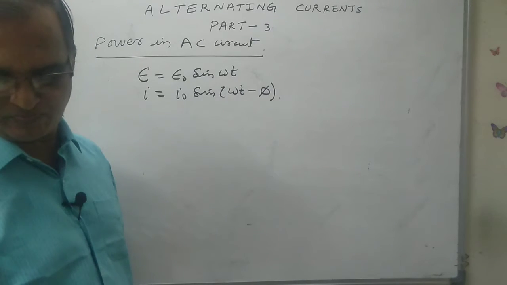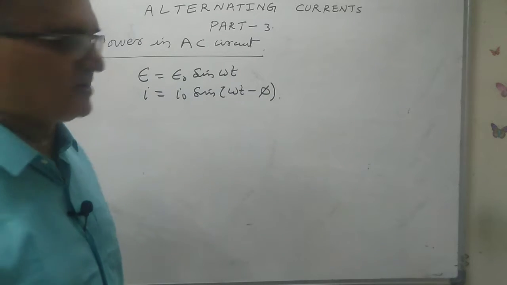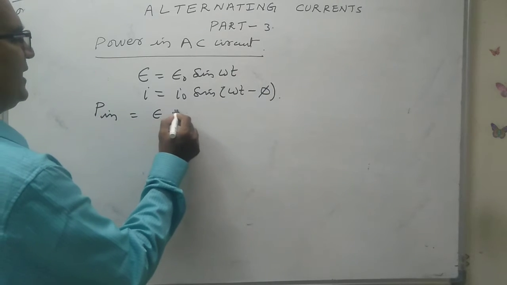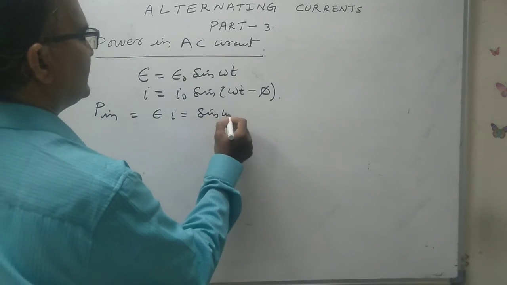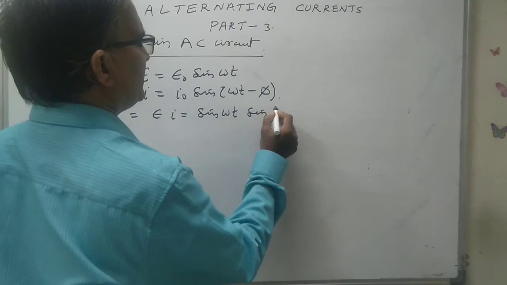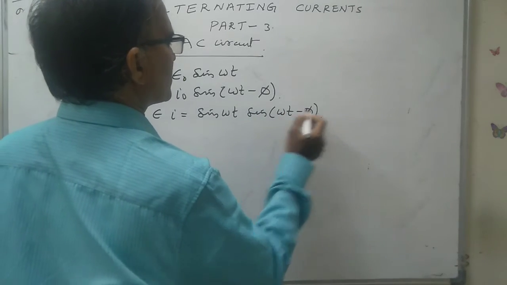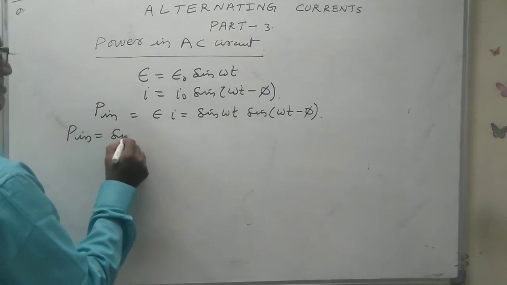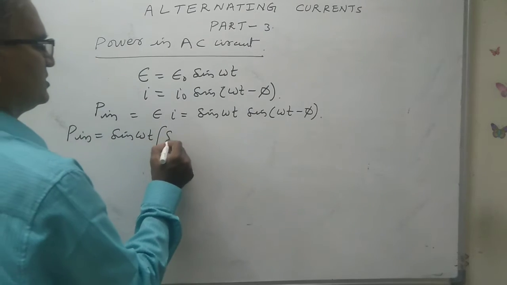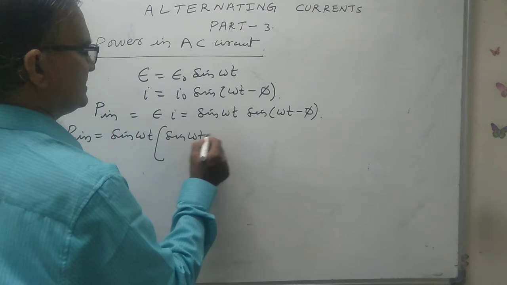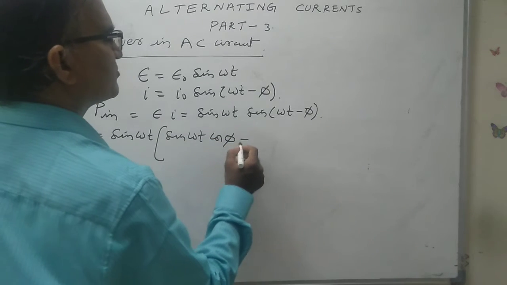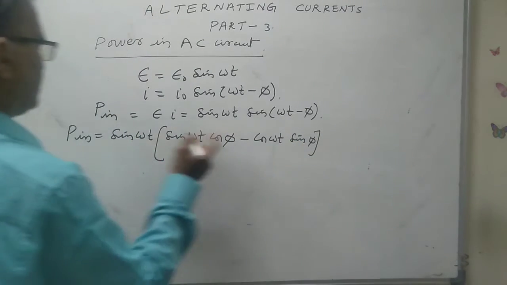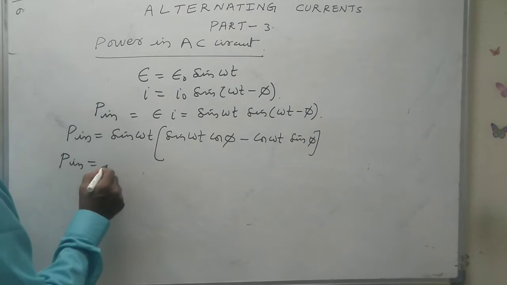Now instantaneous power is equal to E into I. We will multiply these: sin omega t into sin (omega t minus phi). This is in the form of sin of A minus B, so we will expand it: sin omega t cos phi minus cos omega t sin phi. Multiplying with this, the instantaneous power is equal to